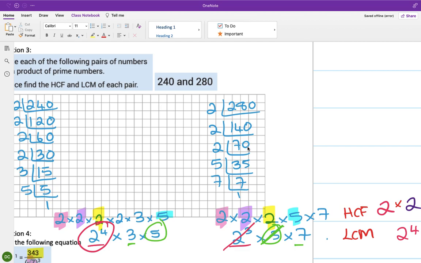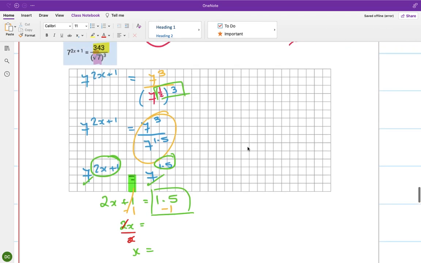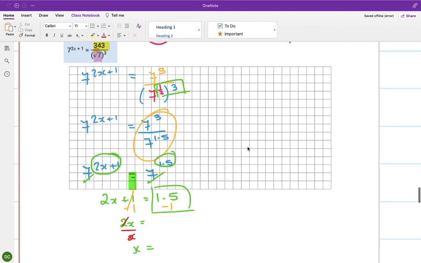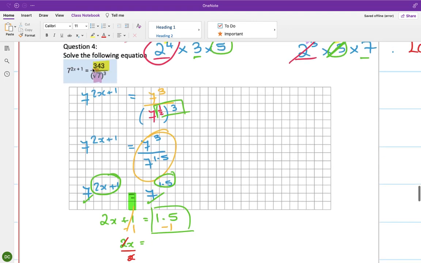Oh yeah, sorry. This is definitely wrong. Sorry. Here. I don't know what happened. 1.5 minus 1. So this calculation here. Oh no, sorry. Oh, that's really annoying. Sorry, I forgot to move the thing on. Anyway, the yellow one became 7 cubed. The pink one became